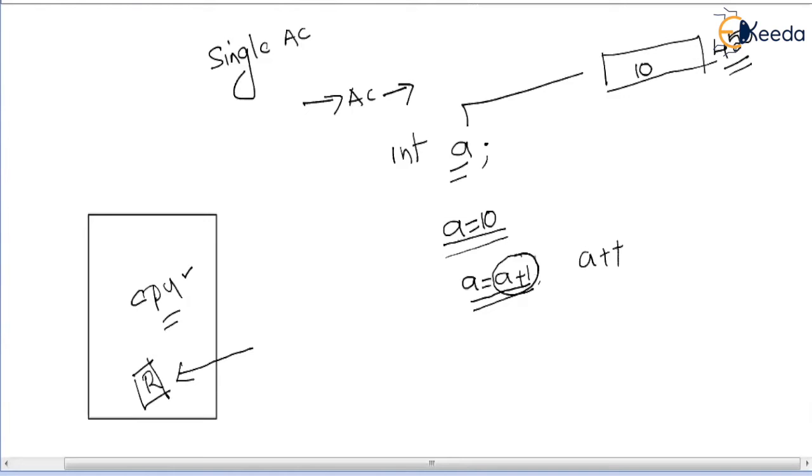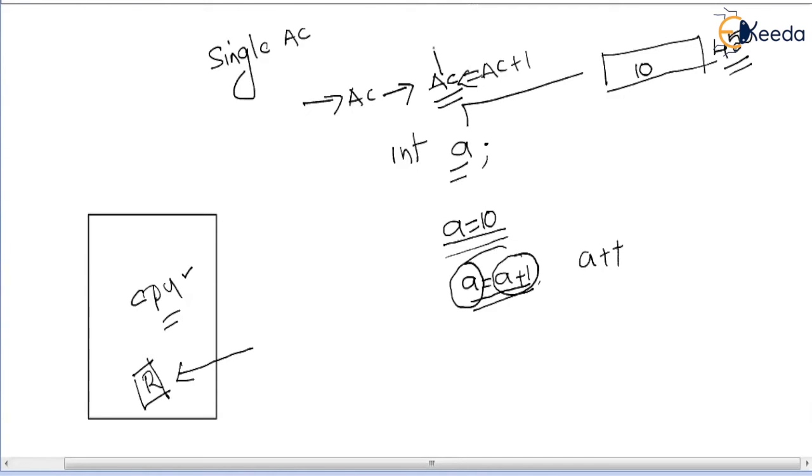That is A is equal to A plus 1. For that reason, we should transfer this variable to the accumulator. Then an operation will be performed, that is accumulator is equal to accumulator plus 1. Then the accumulator contains the value after the updation of this specific A.